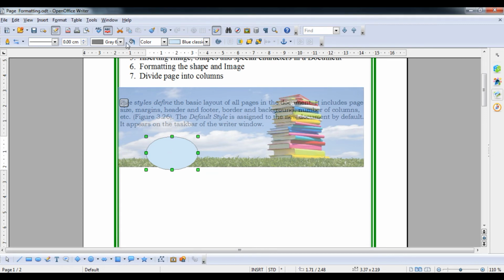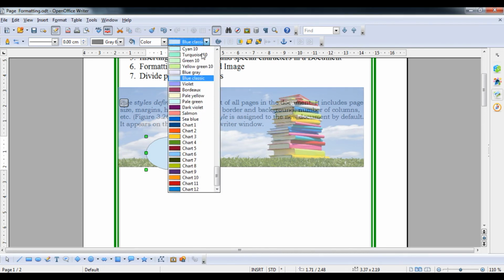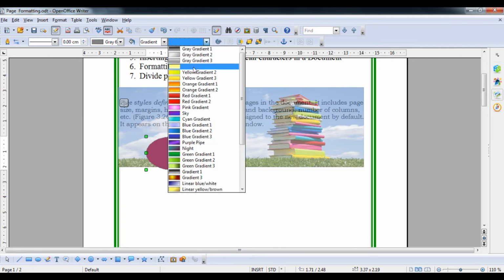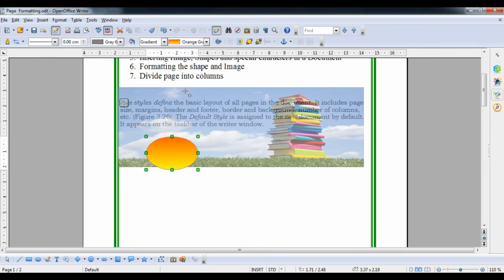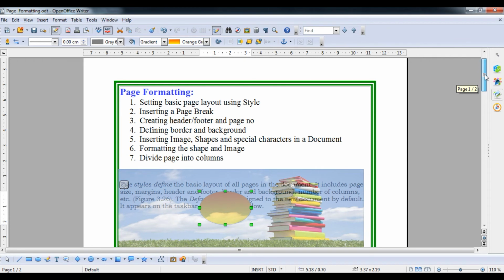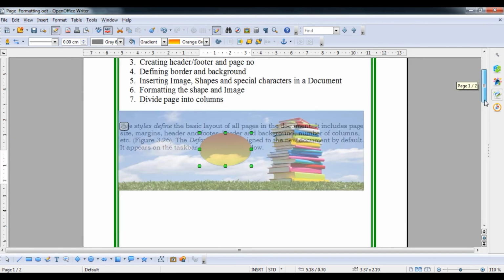Now you can see as well as the drawing has appeared, the toolbar is also present regarding to this. So what is the background color, it's up to you, okay. And gradient color, like yellow, okay. So by that you can make such a thing as a background. You can see it like this also. Good. So we have learned today student how to insert the image and shape and how to format that also, okay. Now we are talking about how to divide the page into the columns, okay.